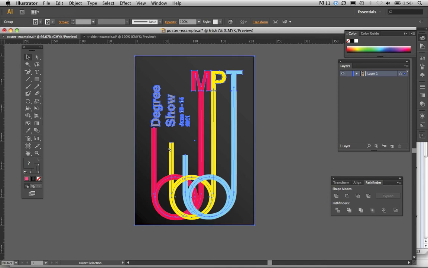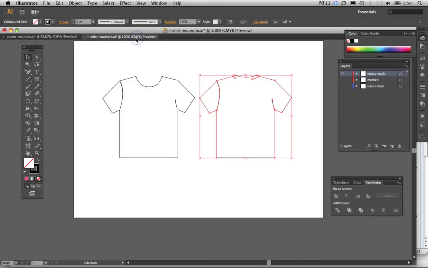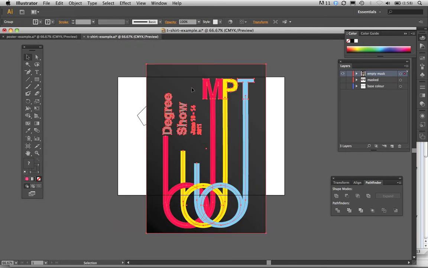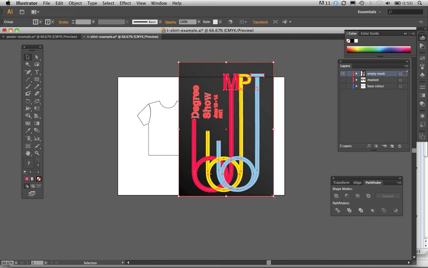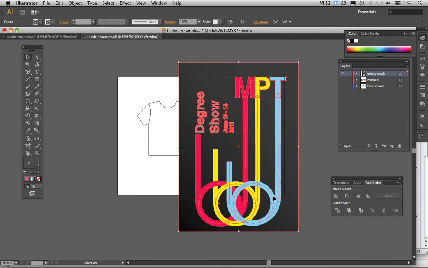Okay, so I'm just going to copy that, Command C, go back to my empty mask layer, Command V to paste it in, and away we go. Obviously I need to resize this, make it smaller and rotate it to fit in here. We can do that by grabbing the corner with our selector and holding down Shift, which sometimes works, but you'll sometimes find that when you do that with complex drawings and lots of lines, particularly strokes,